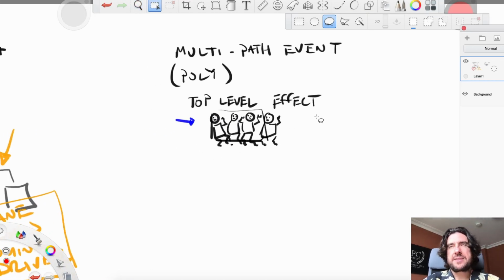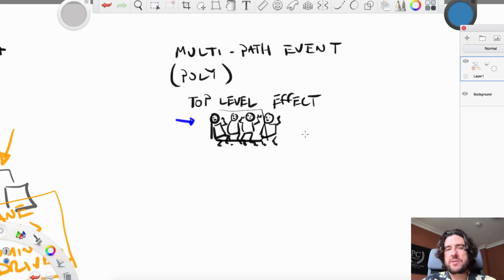Now, again, let's take another example. Let's say we have a situation where we've got an NPS value that we are not happy with. So let's say the NPS is minus 27. Now that's our top level effect. Well, that may not be the top level, maybe mid-level, but it's a top level effect for us right now. Now the question is, what's happening? What's creating that top level effect? In this case, the NPS being minus 27,